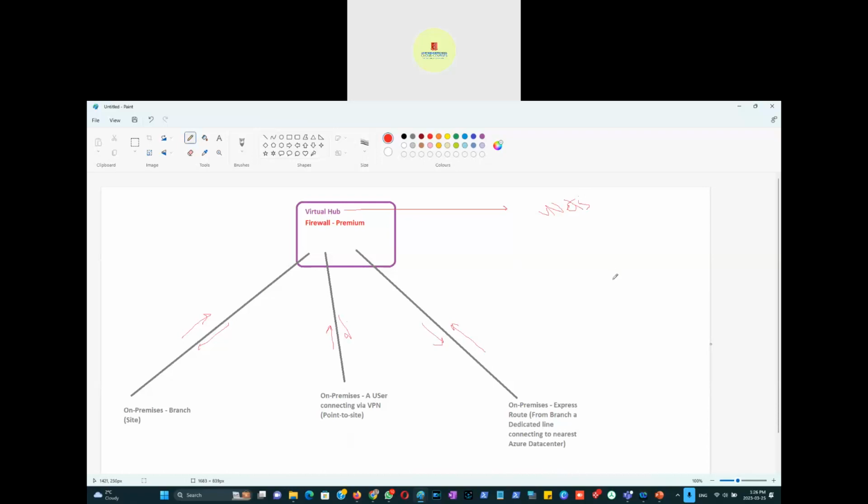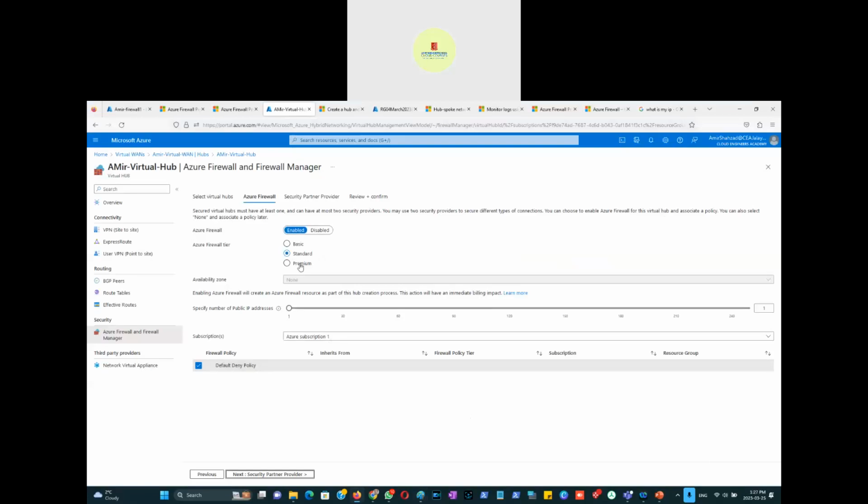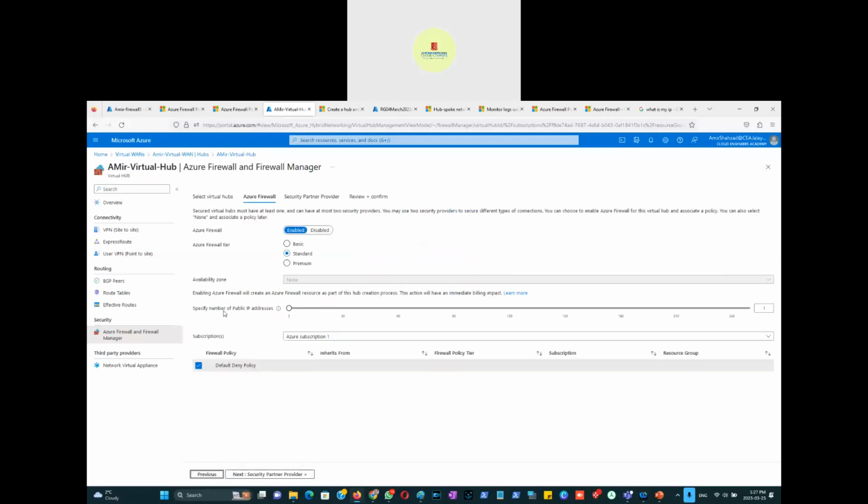So whatever on-premises traffic is coming is being connected to the VNets, but they go through the firewall. So you deploy the firewall obviously to the center where all the traffic is connecting to. If I go there, suppose I go for standard firewall, and then if I go previous,